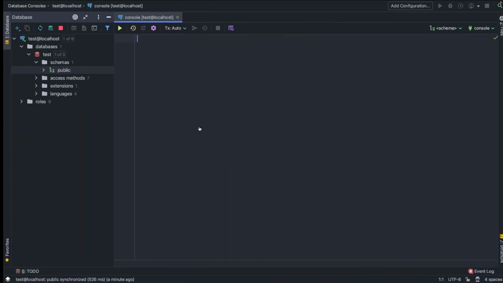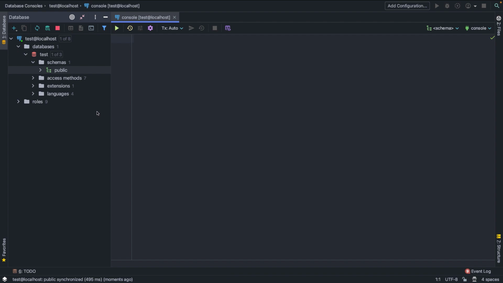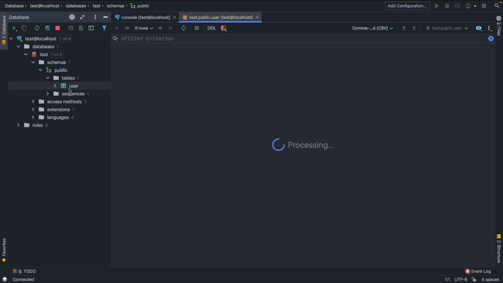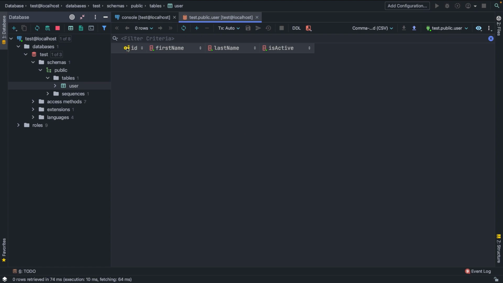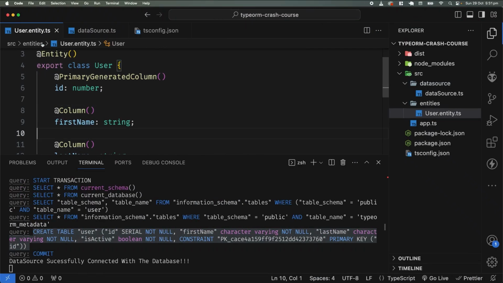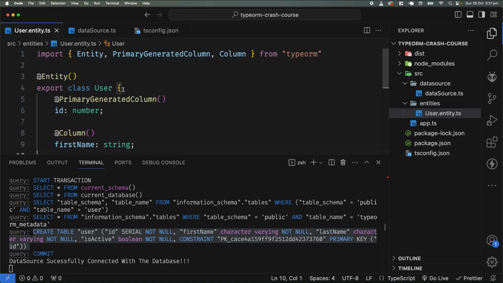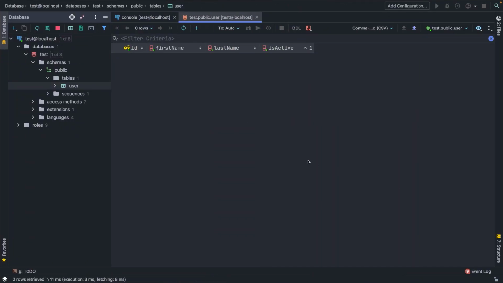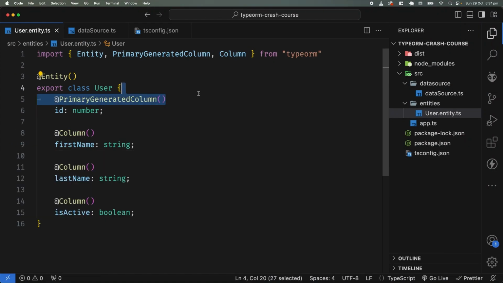by just reading this entity which you have created right over here. And now if I come to my DataGrip and refresh this, and open my schema, you can see I'm having one table of user, and if I open user, you guys can see that I'm having ID as our primary key, first name, last name, and is active. So in simple words, TypeORM has received your entity in object oriented fashion and has converted your entity into a database table. So that's the concept of